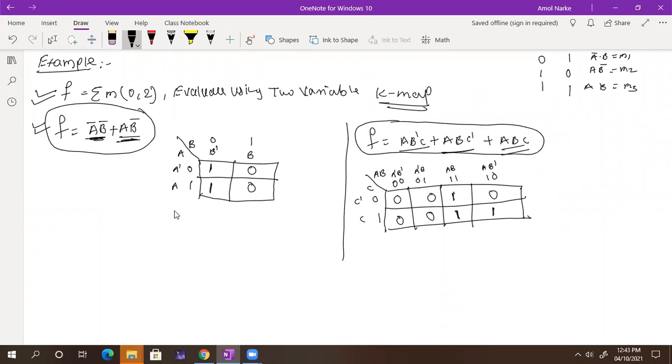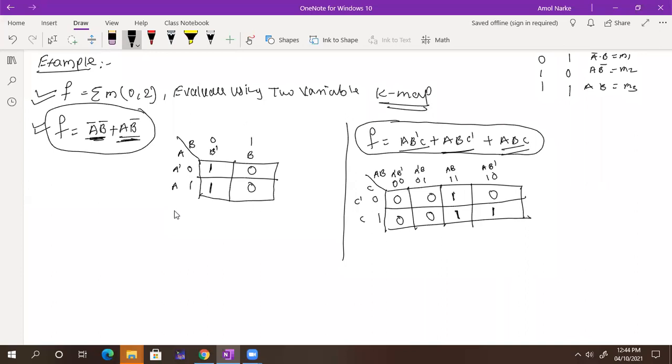Now the same thing happens with the max term also. But in the max term, what will come here? Plus signs come, and then we have dot signs. Yes or no? In max term, what happened? Max term is the product of sums, and min term is the sum of products. Got it, everyone?